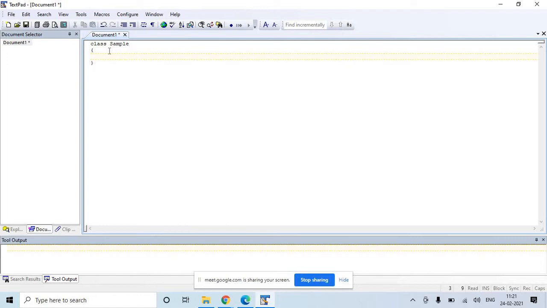Inside class Sample, let's say I write public int x. I have one public kind of variable, public int x. I will write another class, say class Test.